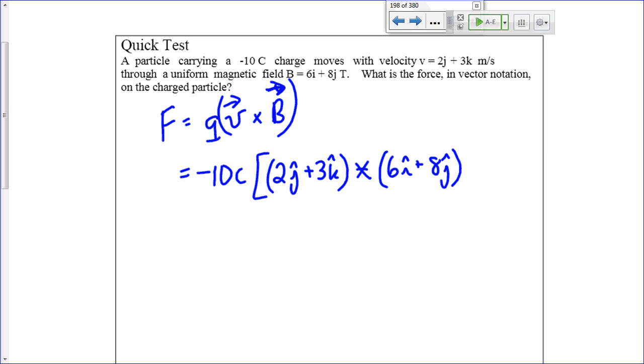In this one we have not just I cross J and J cross I, but we have some others. I always like to draw my coordinate system over here. You have I, J, K, and then you can use your right-hand rule to figure out what is the result of those various cross products. Also notice here that you'll have three terms that are related to the result, not just two like we had before.